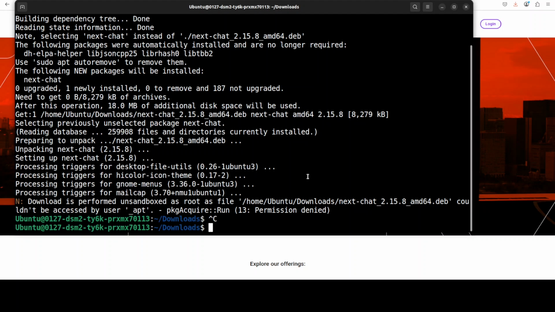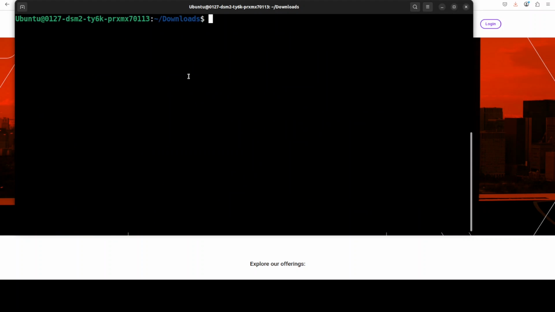So safe in this case. Really don't worry about it. Okay, now in order to launch this next chat, all you need to do is to either just go from here,